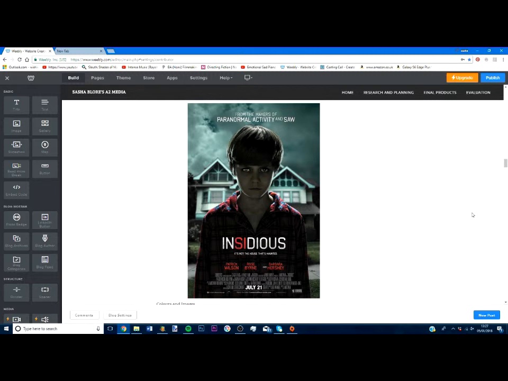Then we have the traditional cast and crew at the bottom in a very small font, very stringy, very thin, and only real movie nerds will look at that, and it just sort of gives you a bit more information if you want to know. Then we have July 21st, which is the date it's released. It sort of stands out against the small writing of the cast and crew, and it gives you information on if you want to go and see the film, that's when you can. Then we have the logos and the website at the bottom, so it just sort of tells you a bit more information again.